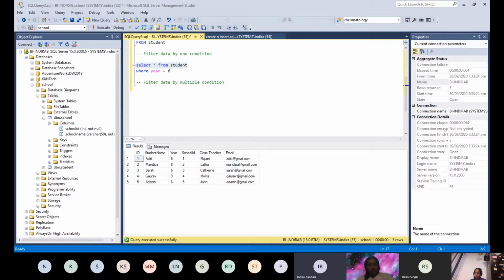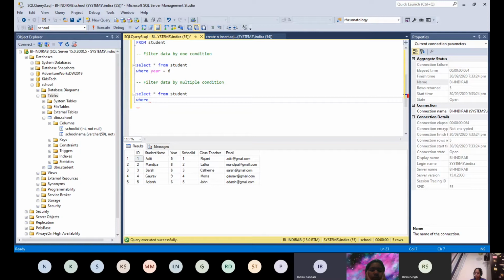What shall we do? Let's say year equals 6 and school ID equals 3. How many records will be there if I say select star from student? For filtering, what is the clause that we are using? We are using the where clause.